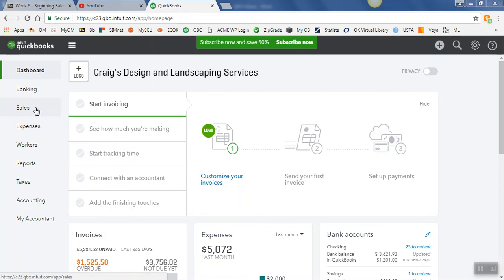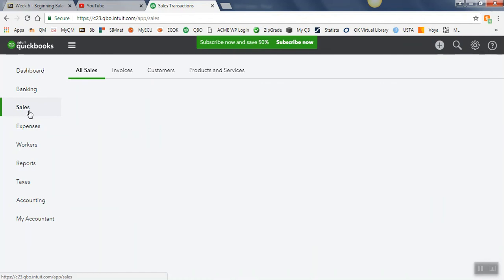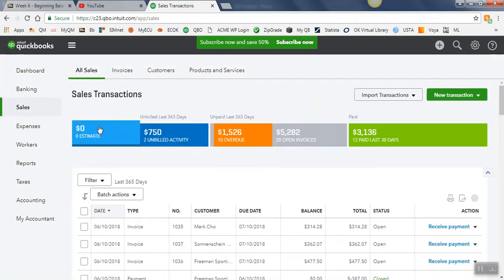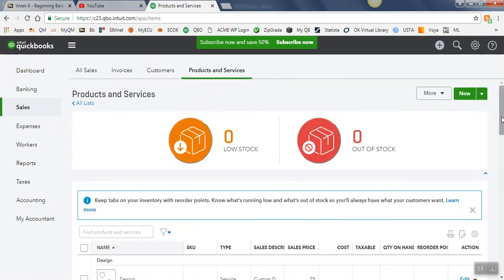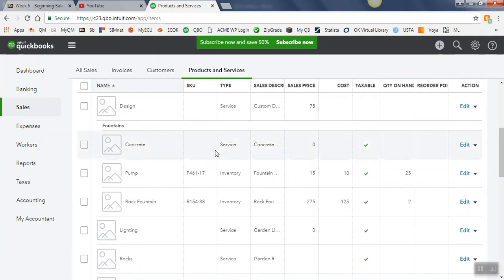Chapter 5 in QuickBooks Online deals with customers and sales. So I'm going to start by clicking Sales on the left and taking a look at what we've got. So we have All Sales tab, and then Invoices, Customers, Products and Services. We've talked a little bit about products and services and what we offer. Again, here's that list. You can get to this products and services by clicking here,